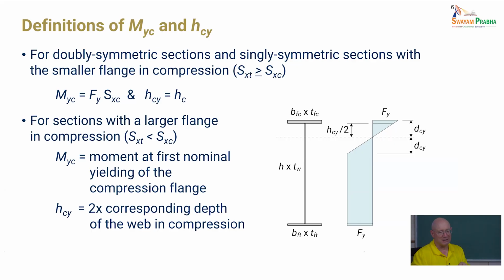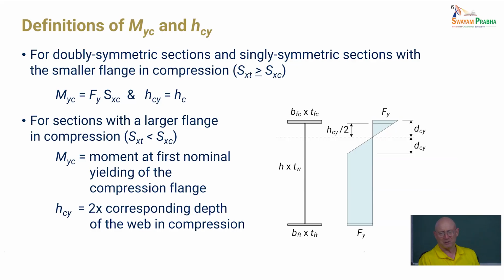Now this gets us a lot of advantages. One, I don't know how many times Dr. Lakshmi Priya complained to me about how conservative the existing tension flange yield provisions were in the AISC specifications, particularly if we have a slender web. And those were frankly a kludge, basically to stay away from trouble, because before, in Eurocode, and now I would think it may be the same in the Indian code,